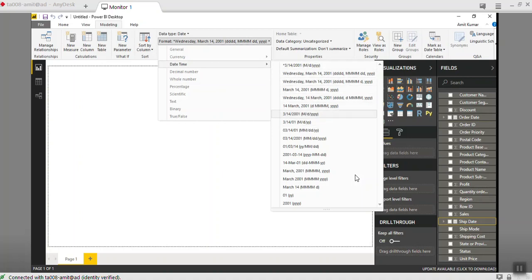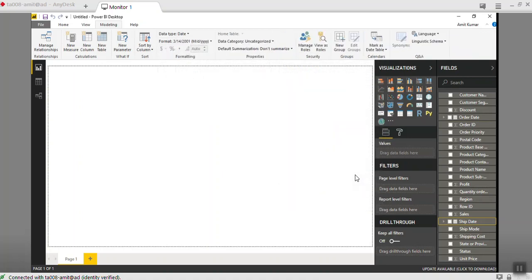This is changing only in the BI, not in the Excel sheet. So once data is loaded to the BI, there is no relation. Whatever you are doing is being done on the BI side. There is no relation of that in the source Excel.